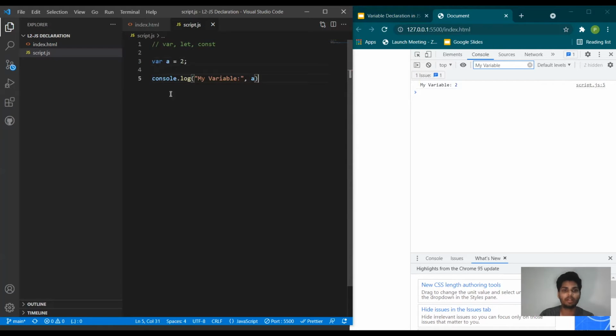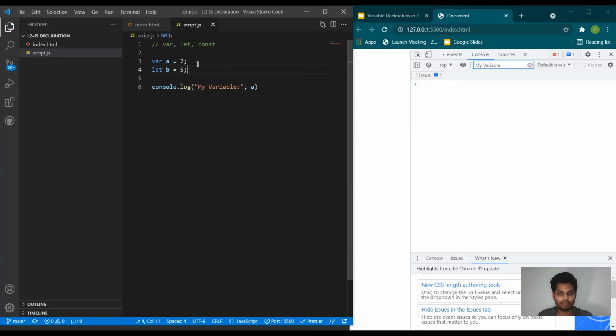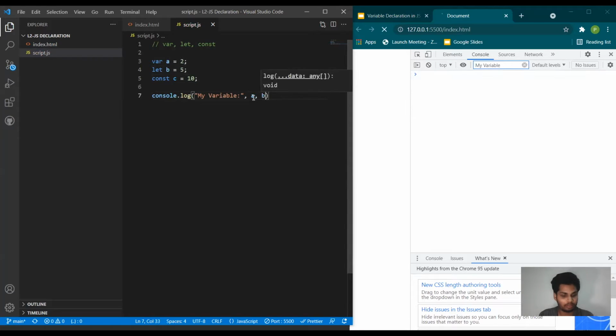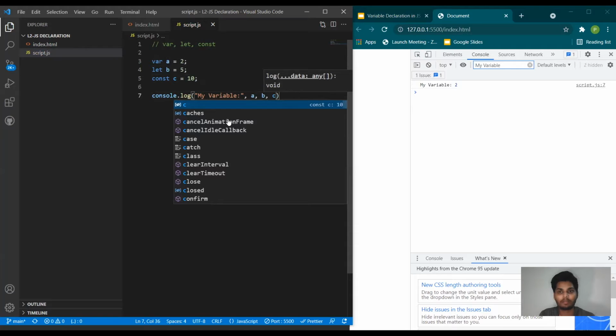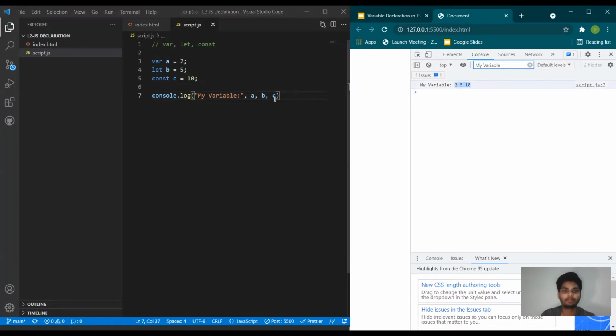Now coming to the other two, let's declare a variable with let, say let b is equal to 5. Let's declare a variable with const here as well, const c is equal to 10. Now let's see each of them one by one. Now all of our variables a, b, c are getting printed in here: 2, 5, 10.